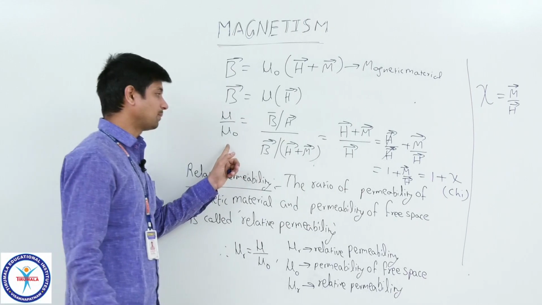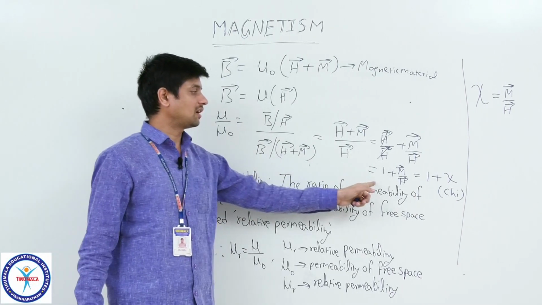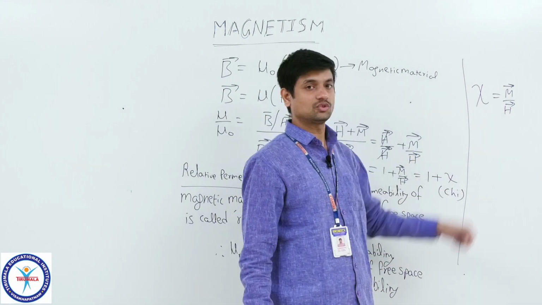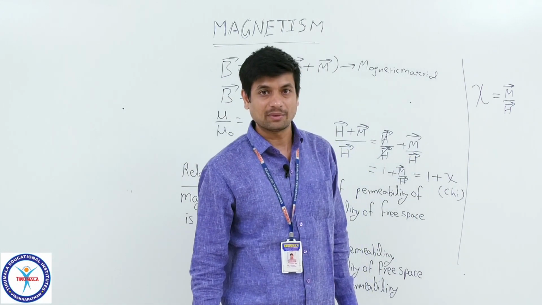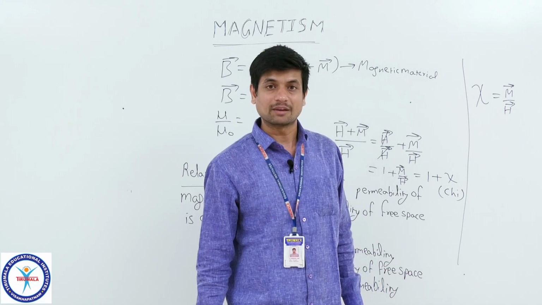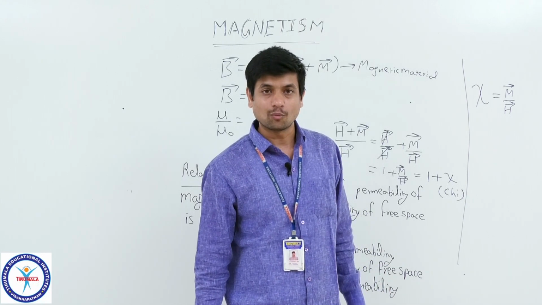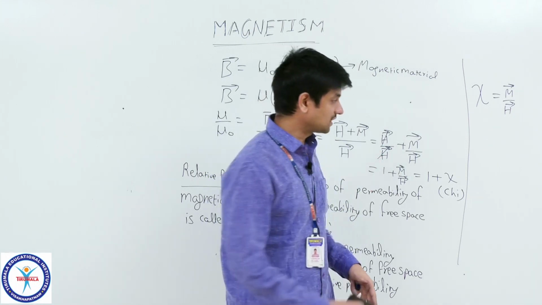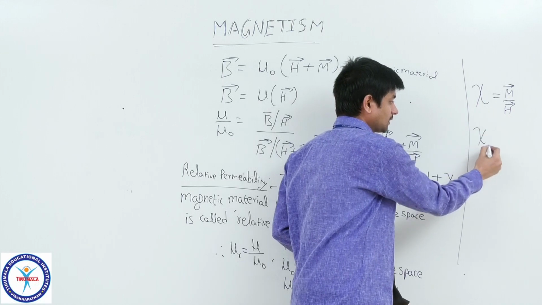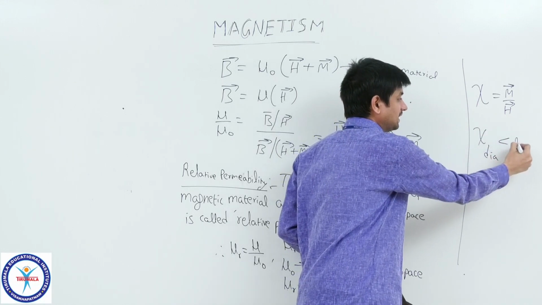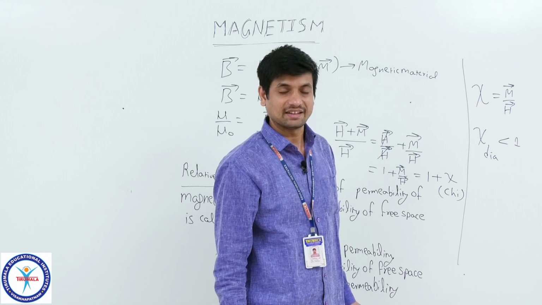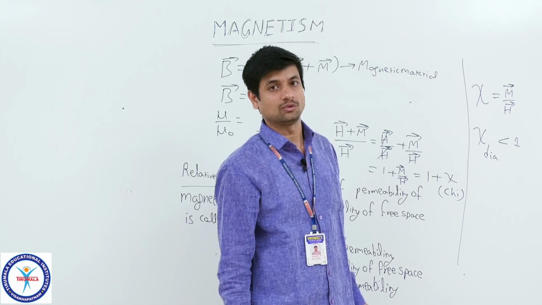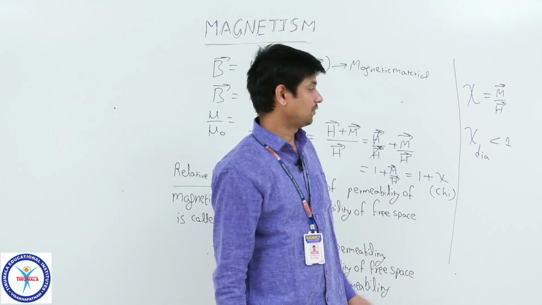That's why relative permeability equals 1 plus M bar by H bar. So if you know these two factors, you can say which material can be magnetized more and which can be magnetized less. Now how many material types do we have? Three types. One is diamagnetism. For diamagnetism, it is less than 1, which means a negative value, not 0. You will get a negative value for the diamagnetic.